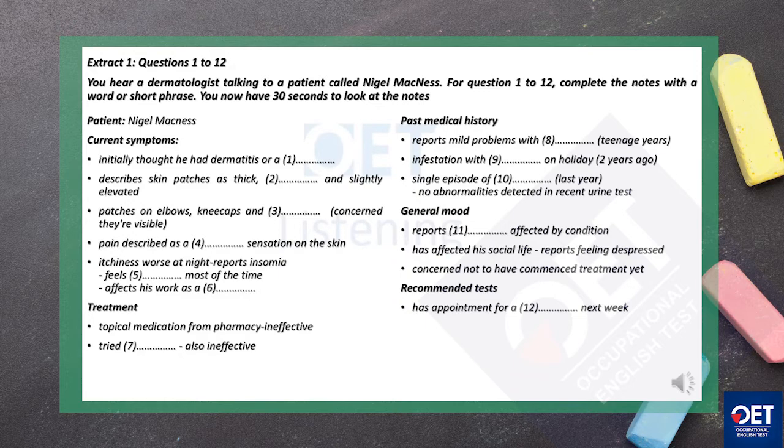I'm also concerned that I haven't started any treatment at all. I'm hoping that it's not too late now. I can appreciate your concerns. Now, what I'd like to do is give you a skin biopsy as soon as possible to see exactly what's going on. I think we can book you in for that early next week. Once we get the results, I'll be able to get you started on some...